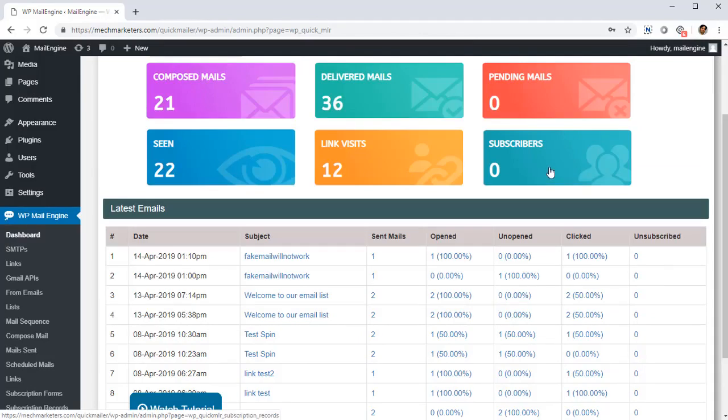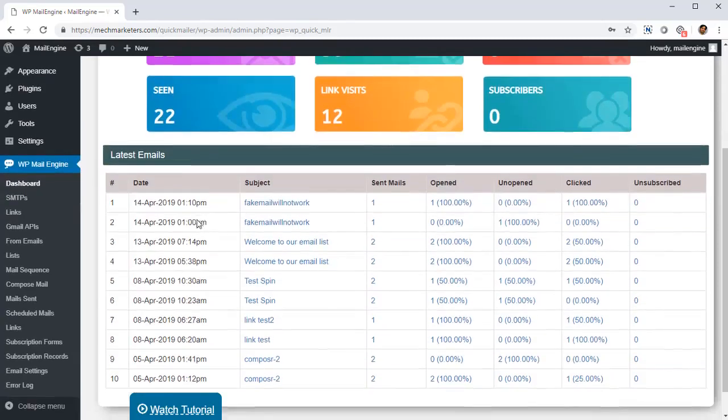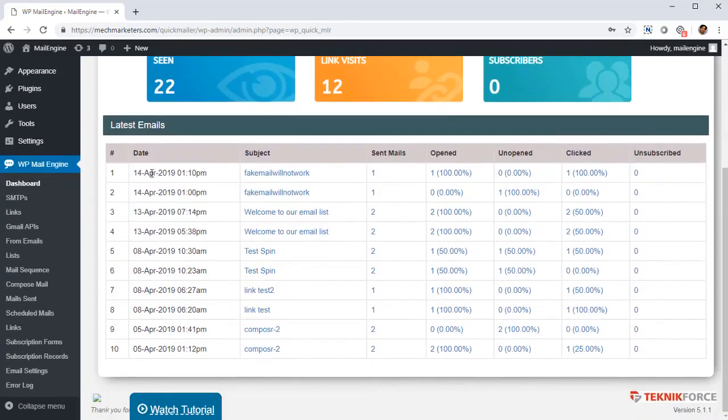You'll also see the number of fresh subscribers in the periods, because MailEngine has a full-featured subscription opt-in management system. So you can create opt-in forms, you can take it to your websites, you can embed the forms and recruit fresh subscribers. Now below that, you've got the list of the latest emails you've sent out, along with the date,